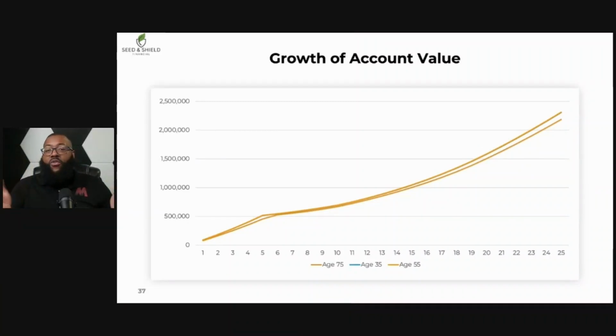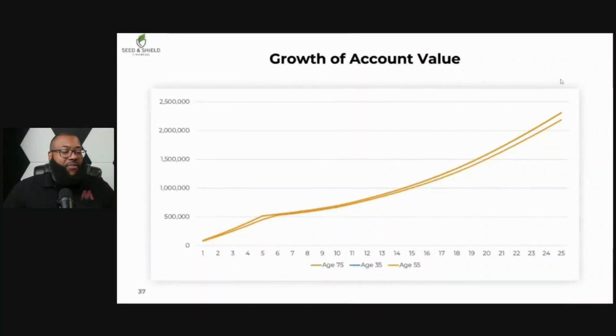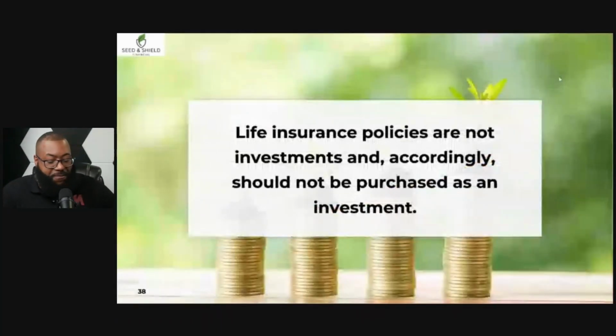Don't think you're too old to participate in this. Don't think you don't have enough time to do it. The key is that when you're older, typically older people have more resources, more money, and we can put that money to good use, and you don't need to worry about, oh, I don't have 50 years for it to grow. Don't worry about that part. I'll take care of you. So we can make sure everything is fine. It just has to be structured the right way.